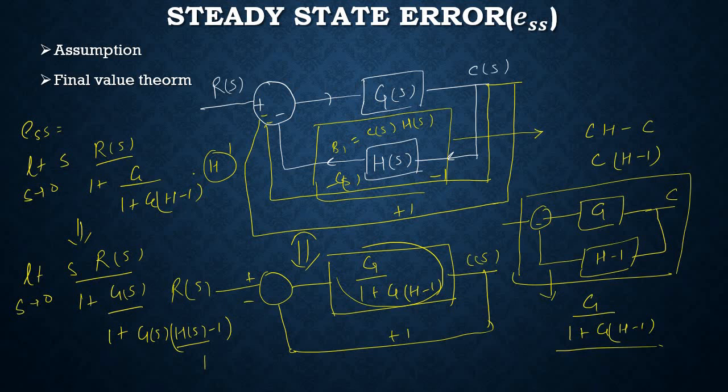So this is all about the steady state error by giving the command, and you just need to be a little careful while calculating the error, whether you give the unity feedback or the non-unity feedback, and at the same time how to make use of the final value theorem. This is all about this lecture. Thank you.